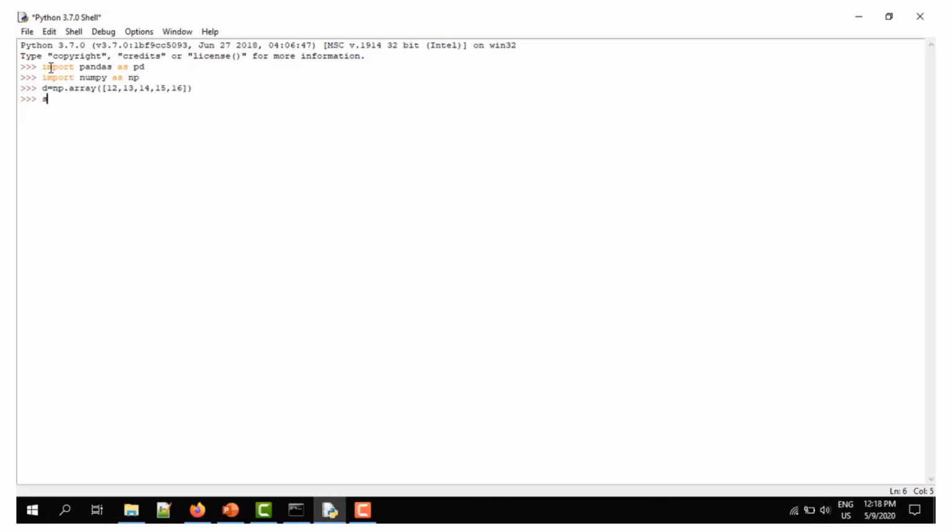s is the series, equal to pd.Series. Series is a constructor used to create a series with pandas.